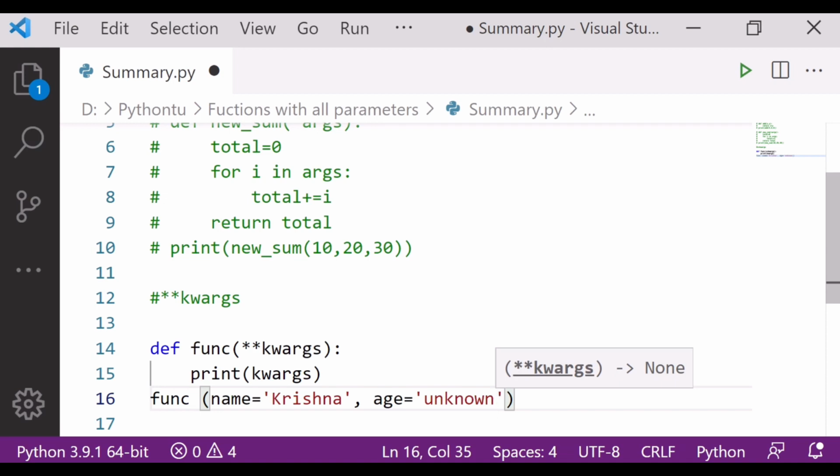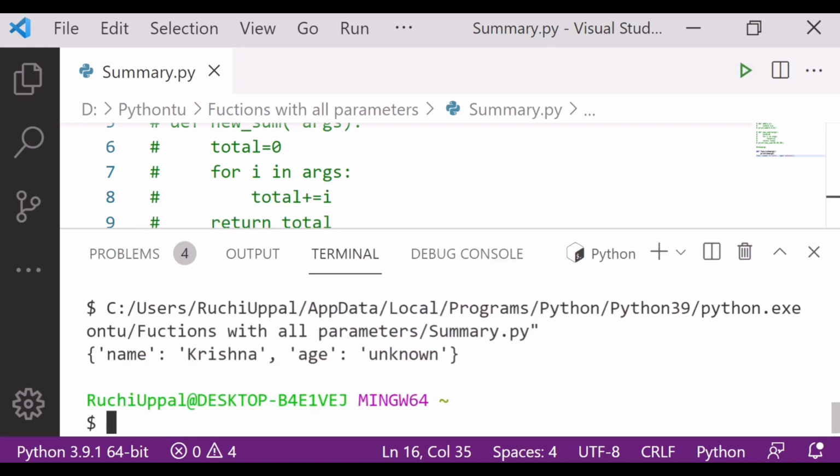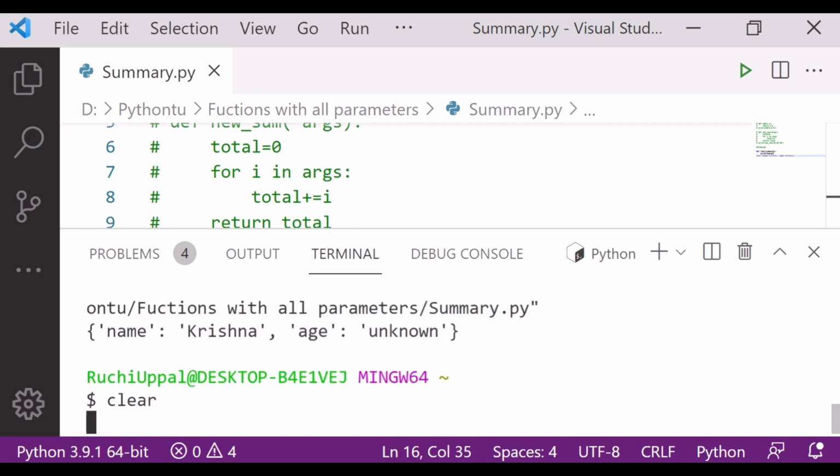Great. So if I run this, what would be the output? Let's check. It is giving me the dictionary, that is name is Krishna and the age is unknown. So this is how we can use it.